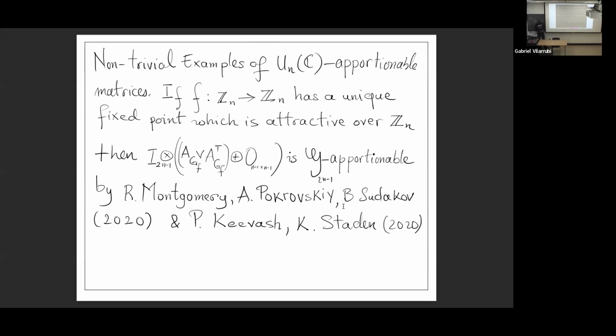these results about decomposing the graph, the example that we talked about, followed from results from Richard Montgomery, Alex Pokrovskiy, Benny Sudakov, and Peter Keevash. They were the first ones to show that the decomposition that we want for trees always exists. And these give us our non-trivial families of apportionable matrices. We've added to these, but